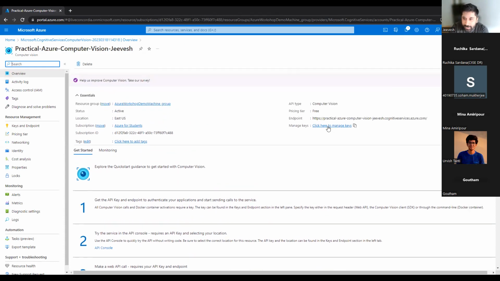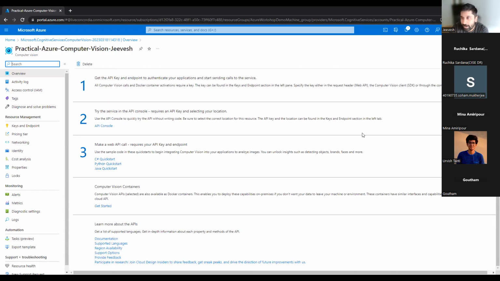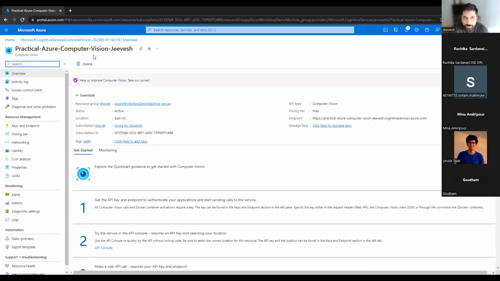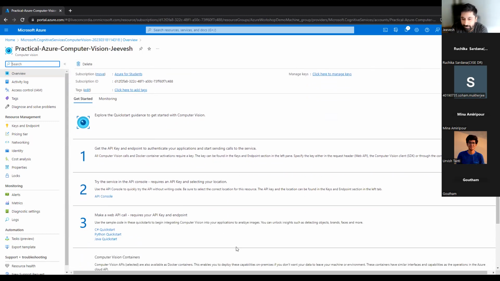It has created some API keys for me because the service that I'm using is an API based service. Again, we'll talk more about it in the later part of the workshop. But basically I'm using the Cognitive Services Computer Vision API to analyze images. I need a public facing URL where I can have an image, so I'll have to find something online, an image that I want to scan.